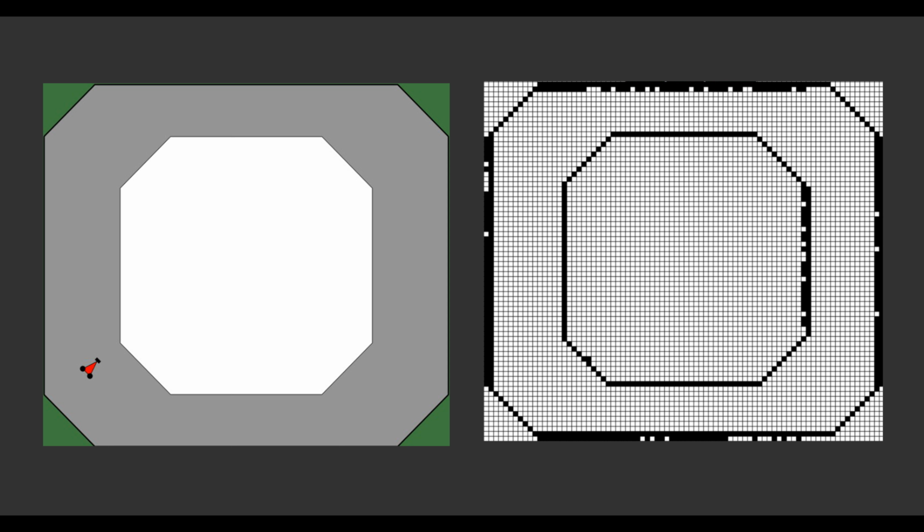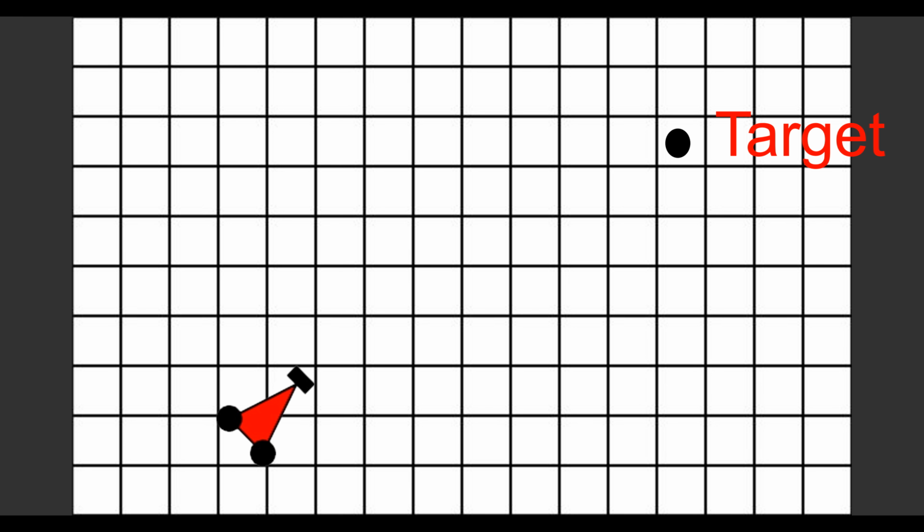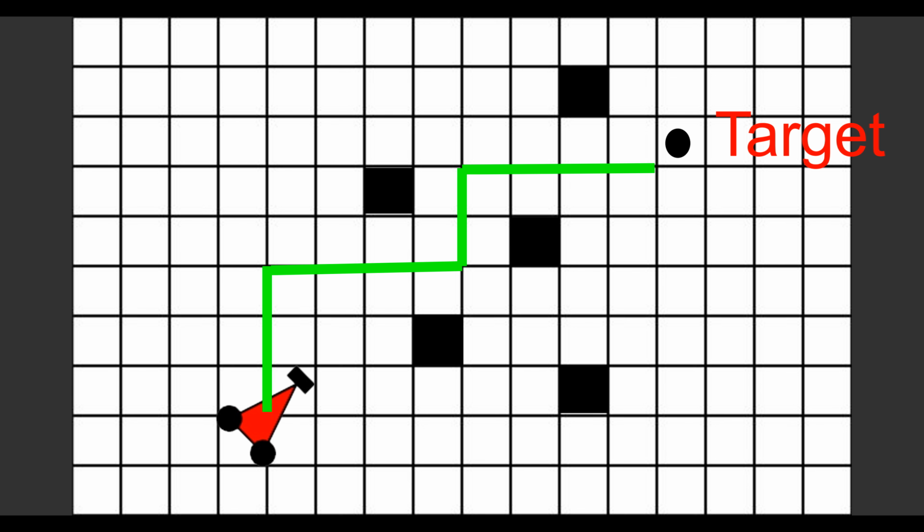In the previous video, we saw how to convert our canvas into a grid-like structure with rows and columns. Now that we have the grid, today's challenge is to figure out how to move from one pixel to another. But here's the catch. Some pixels are blocked by the walls. These are represented as black cells and our car can't move through them. The goal is simple. We want to get from one pixel to another at minimal cost.